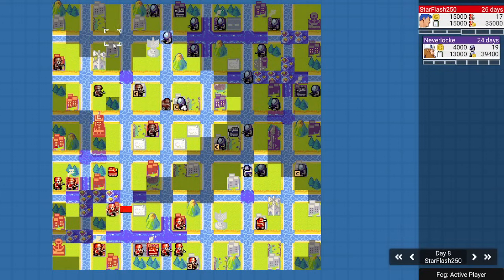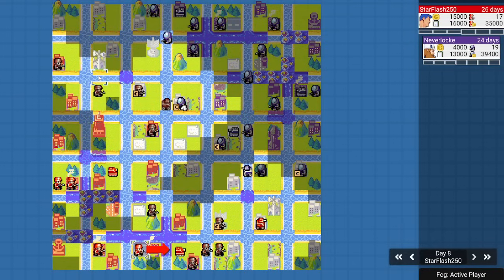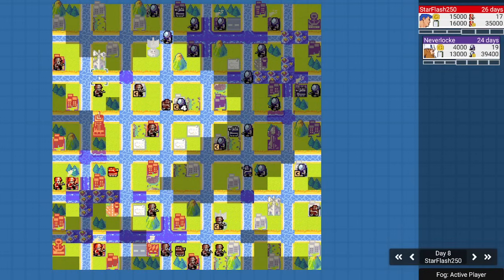And so we see our harassment is going to begin there, but we do see that 1, 2, 3, 4, 5, 6. So this tank is going to be in position to attack this infantry on the shoal. But you can see how Starflash is using these 2 recons to spread out the opponent. So now what is this tank going to do? This tank wants to go